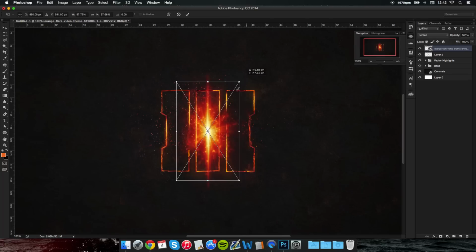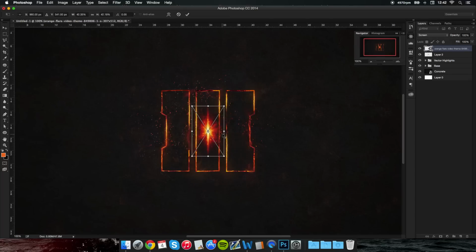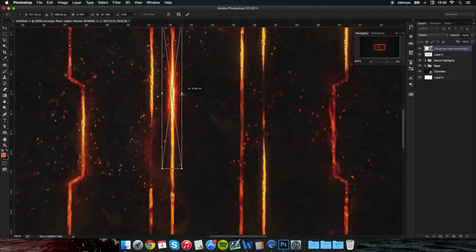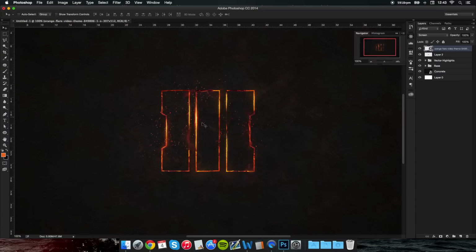and we're going to resize it and make it thinner. And we can add it to areas such as this. Resize it, and it just has an extra texture to it that makes it look really nice. So I'm going to resize it a bit more, like so. I really like that, and I'm going to move it over here,